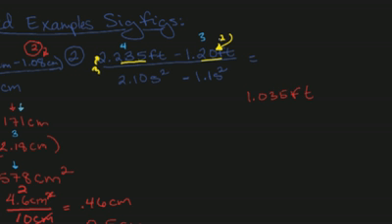Now, we only want 2 spaces after the decimal, so when we look at this number here, we see that it's a 5, so this needs to now become a 4, so it becomes 1.04 feet in the numerator. Now looking at the denominator, again, same scenario, and when we subtract these 2, we're going to get 2 point, oh, sorry, been making too many videos today. Let's try that again. 1.0